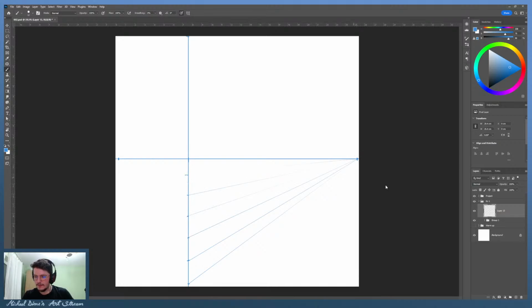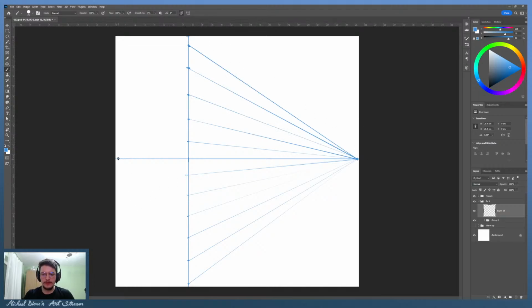I'll make this a bit bigger because I don't like how small the lines are looking. Okay, and this has to be pretty clear for everyone. Okay, right, so we've done this, right? We've drawn the lines,